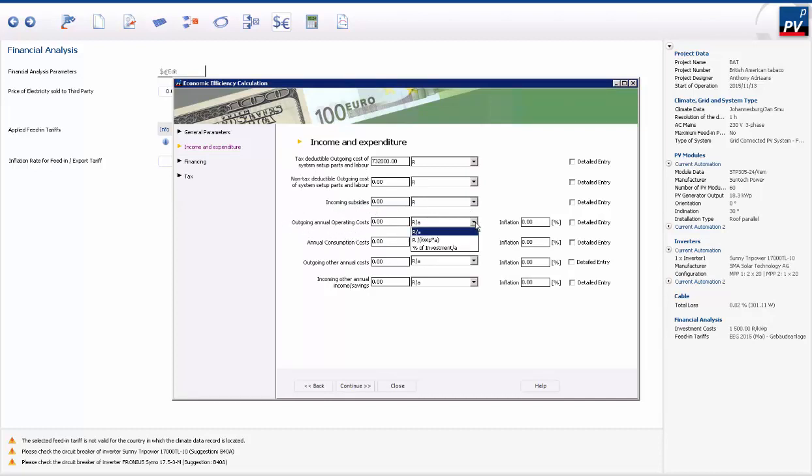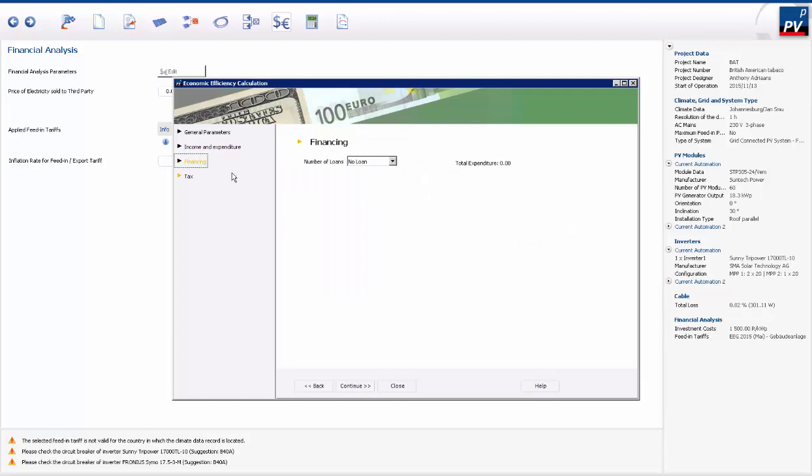you can put in your annual operating cost. So you can either say it's a percentage of investment. So if you say that your annual operating cost is going to be 1% of your investment, then it will pull that into your return on investment. You can say what your consumption costs are, right? So what you're actually consuming, right? And any other costs. If you're financing the system through the bank, you can say, yes, I've taken out a